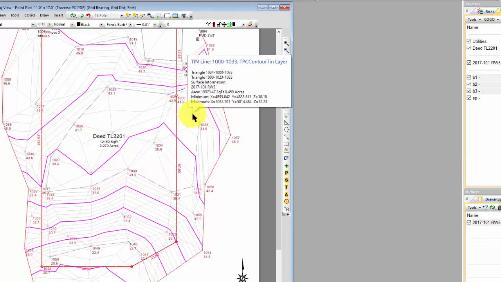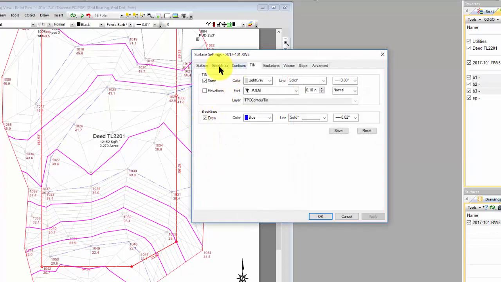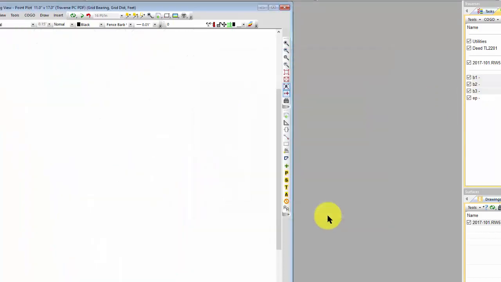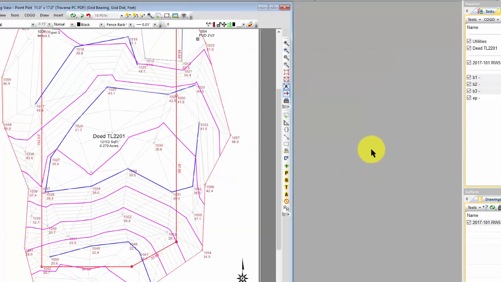I'm going to tell the surface, just by going in here, that I want to get those traverses as break lines. So Traverse BC just went to these traverses I had selected, and it brought in the courses as break lines, and I'm going to apply those to my surface. And we're not going to see a lot of change here, but Traverse BC is going to redraw those now